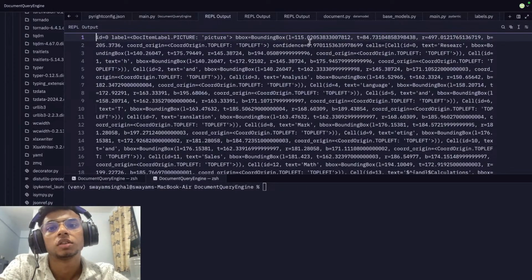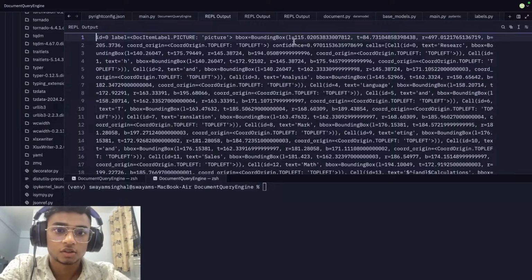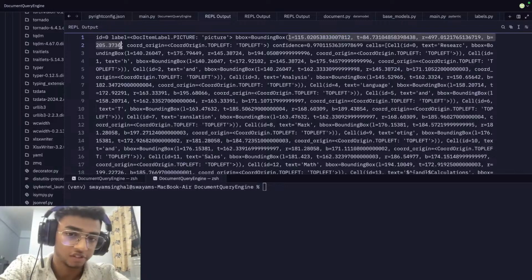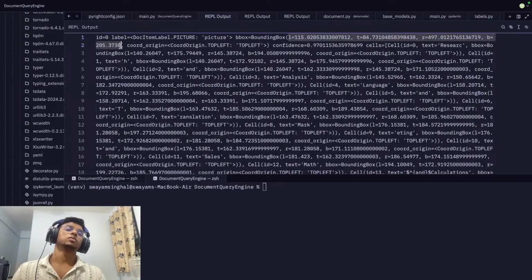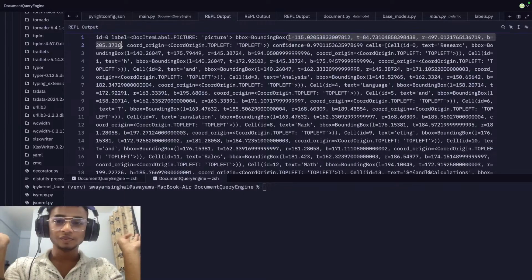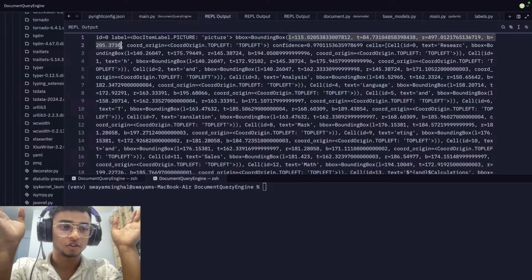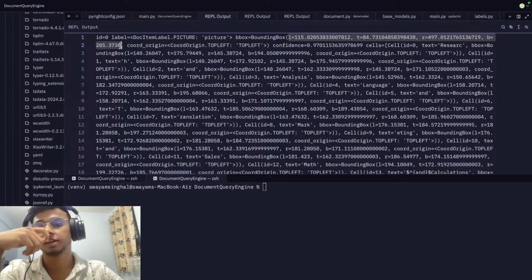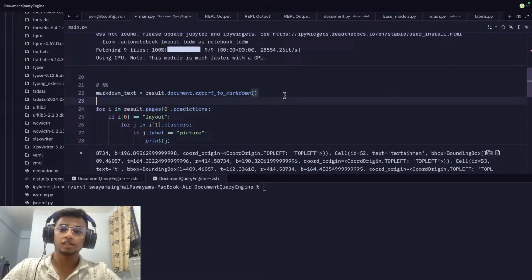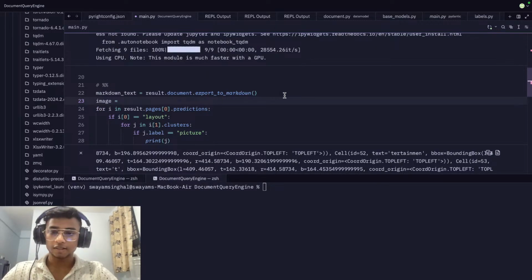Coordinate origin is top left. So if I use this left, top, right, bottom, very weird way of doing this. What do I do with this? You're giving me a bounding box by 4 coordinates: left, top, right, bottom. Okay, you're giving it to me like this. So if I have my picture, let's get my image again. Image I'm getting as